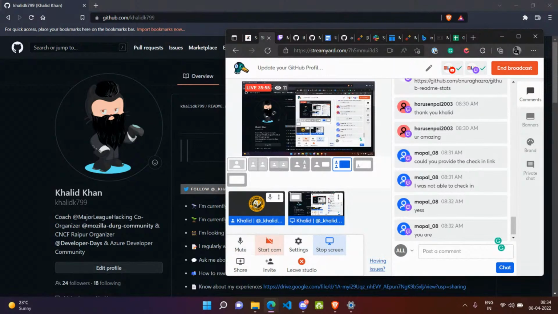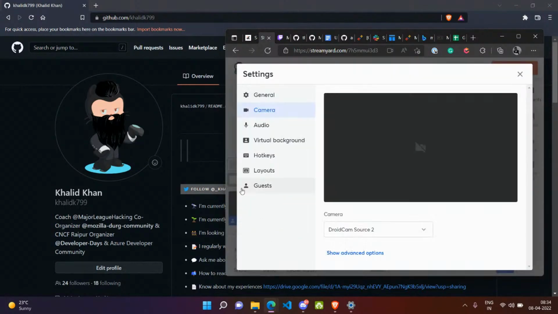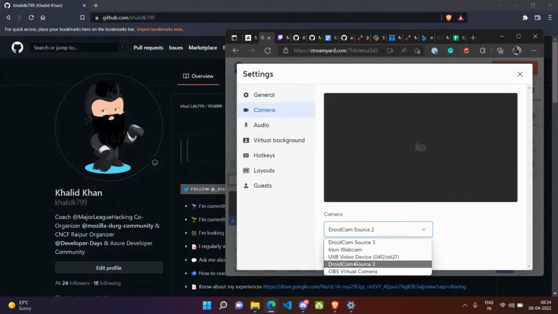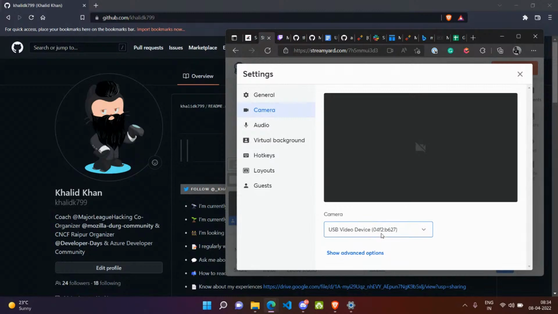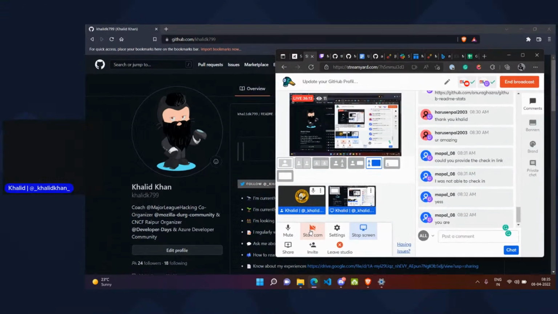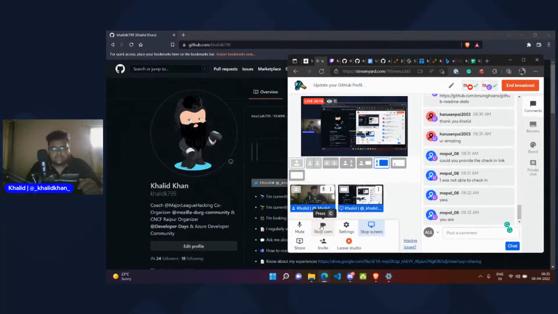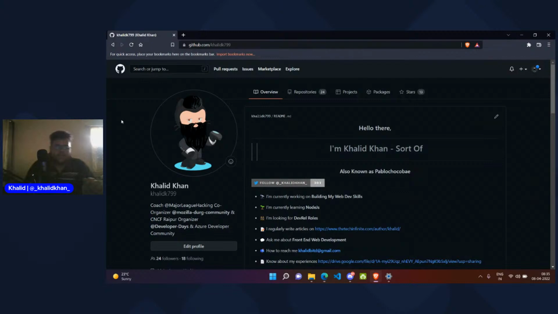I cannot get my camera back over here. Let me check if I can change the camera. I guess we can. I am having my camera back. There's some issue with my main camera. So, getting back to what we were doing.